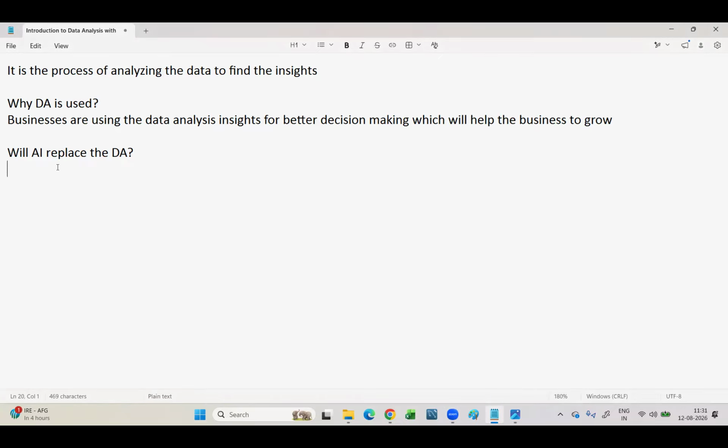Let me tell you about this: whether AI is going to replace the data analyst or not, and if it is, how we can understand it. Just go back to basics. Imagine you are a student. You think AI has more demand, and if you learn a demanding course, you will get better jobs. So you ask, why can't I learn just artificial intelligence and go for jobs? You can verify how many opportunities there are for only AI-related jobs, or for the technology you are learning with AI. There itself you'll find the answer.